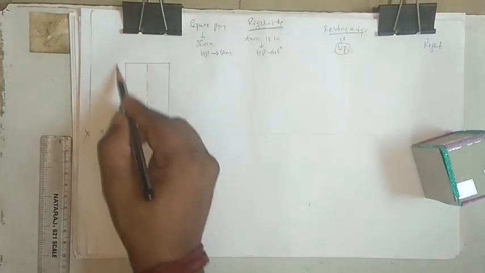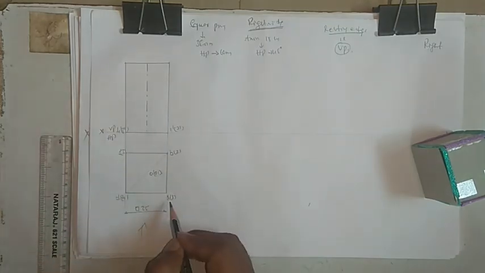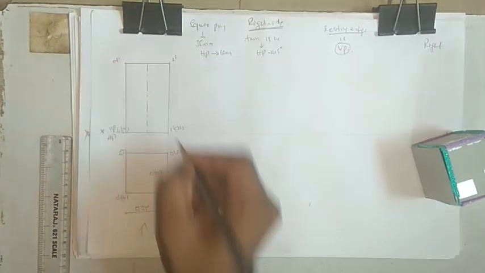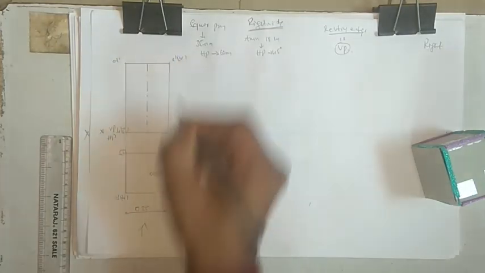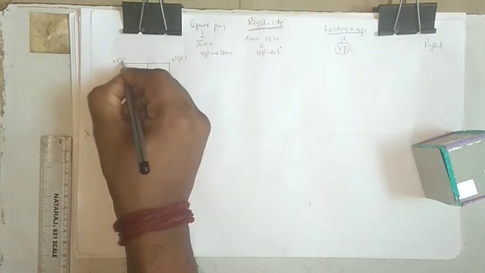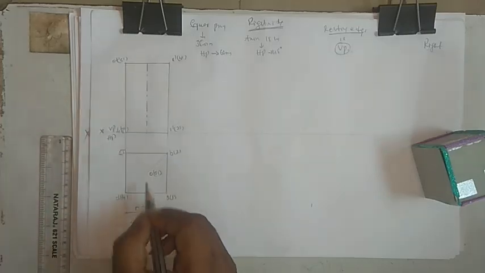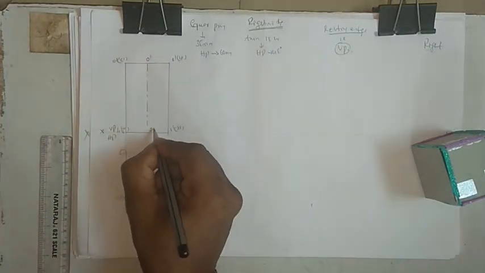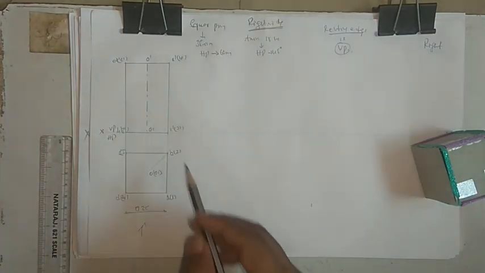Okay, and when it comes to the top, we have A B C D. So A dash, D dash, B is here so B dash, C is here so C dash. Okay, so O is outside the bracket, so O dash, and O1 is inside the bracket, O1 dash. So be careful here.